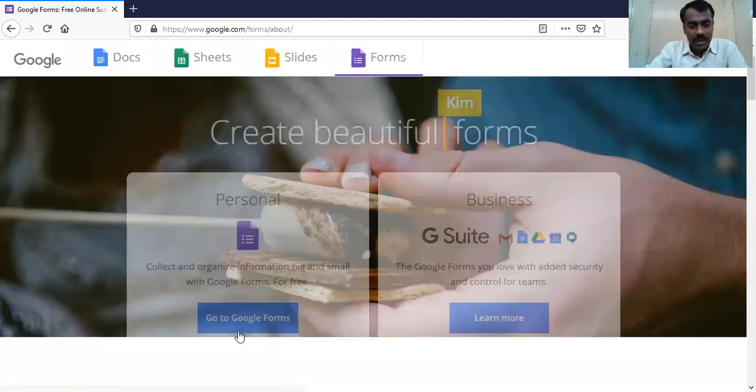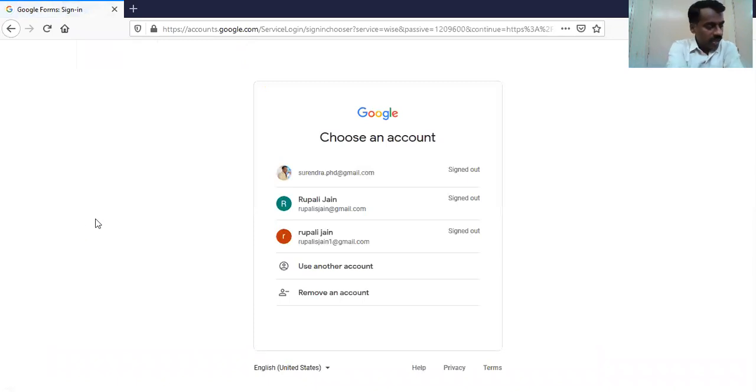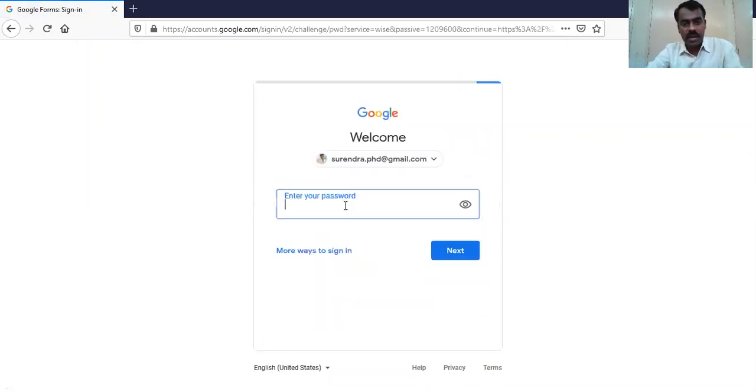So go to personal and click on go to Google Forms. It asks for sign in, because to access Google Forms, one requires a Gmail account. If someone doesn't have a Gmail account, create it for free. After creating the account, we should log in here. For example, I already have a Gmail account, so I log in with my login credentials.